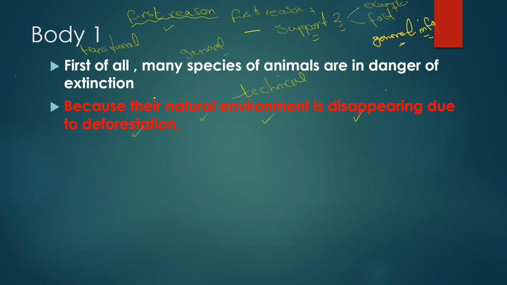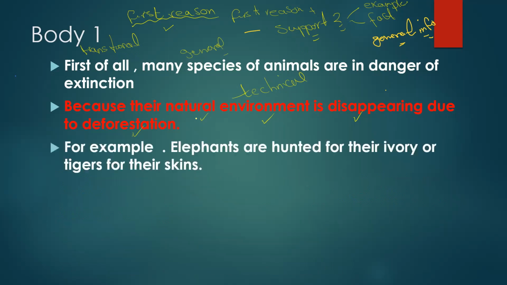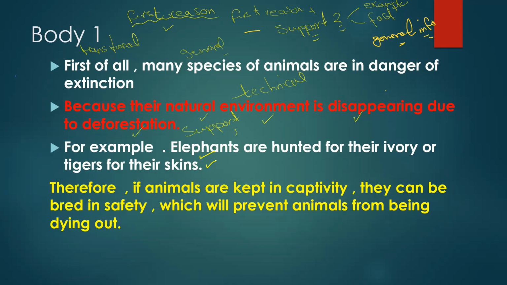Okay, the paragraph again. First of all, many species of animals are in danger of extinction because their natural environment is disappearing due to deforestation. Then he started again to support. Don't forget to support your ideas. For example, elephants are hunted for their ivory, or tigers are hunted, he means as well, for their skins. Then he started as well supporting his main opinion